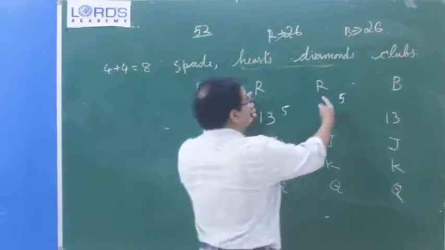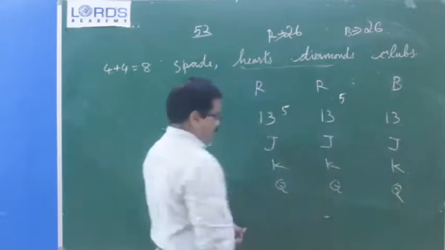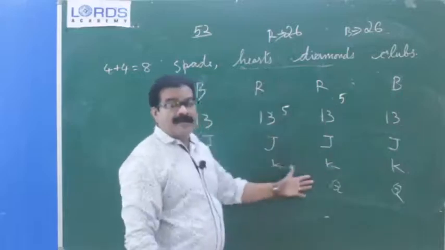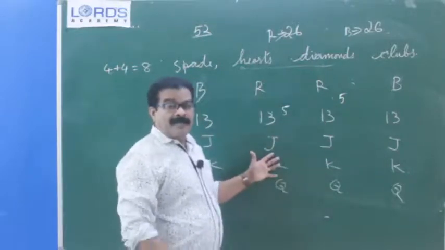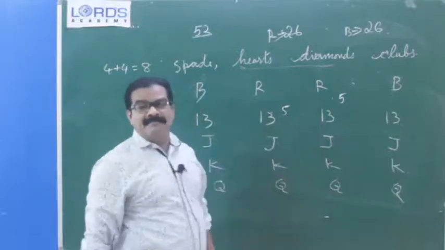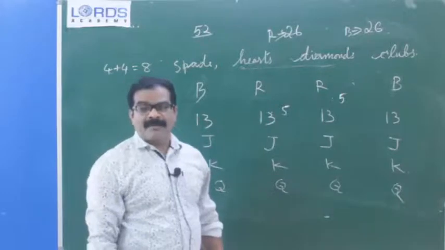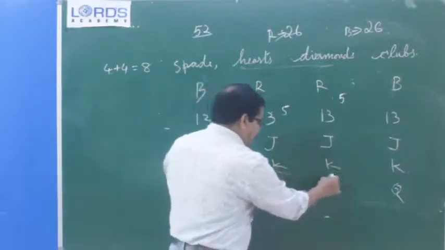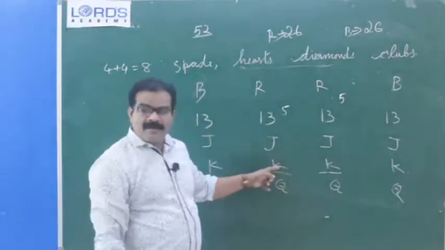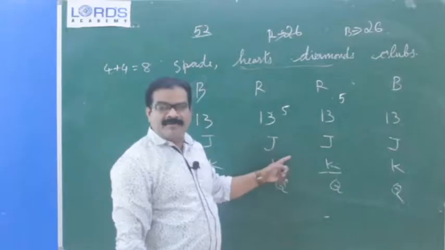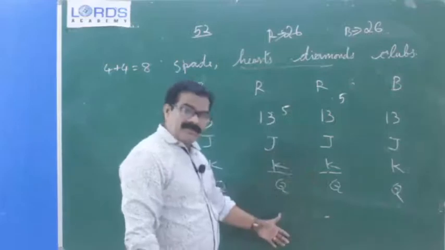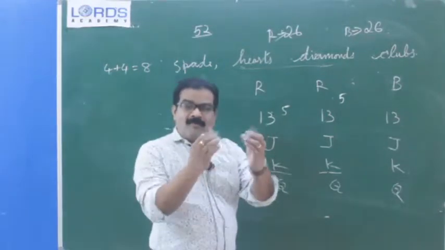You can see that these are the red cards. These 26 cards are red cards. In this you can find out red kings, that is the meaning. These are the red kings. How many red kings are there? 2 red kings you can see. Okay. Then red cards are 26. Their intersection will be what? Tell me, intersection.